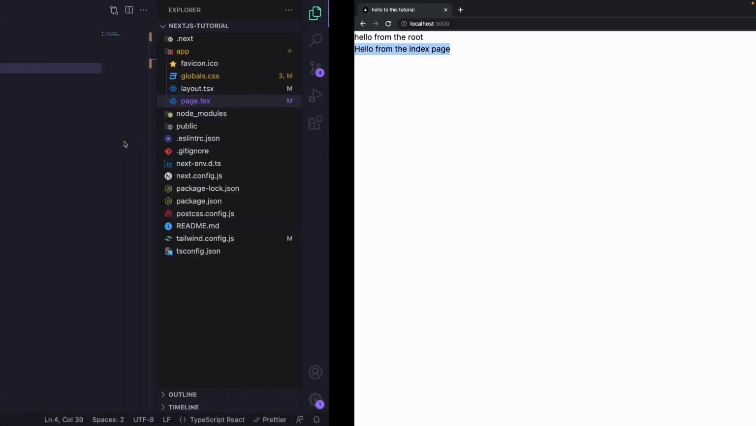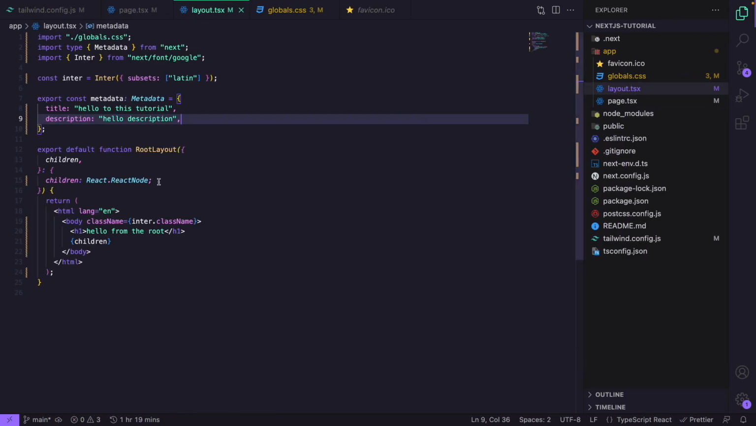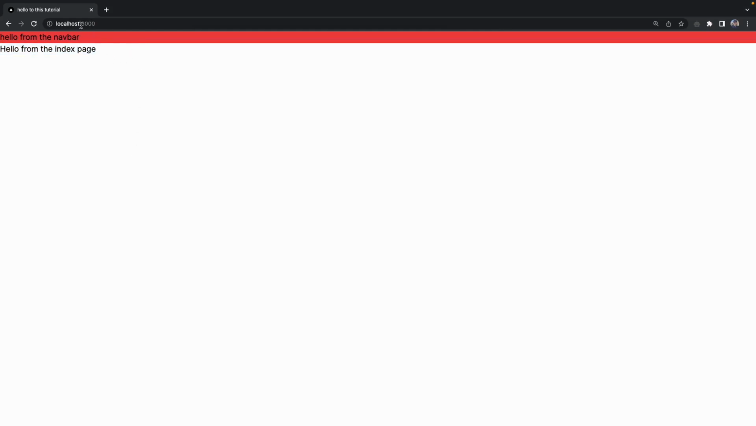And what you see right now is again our layout right here with "hello from root". And we have our index page with "hello from index page". First of all, let me change our layout to just say "hello from the navbar". In that sense, we want the navbar to always be on top, and we want to clearly distinguish it. So I can also give it a class name, let's say className bg-red-500. And if I now go back, you see on top we have a navbar, and then right here our child